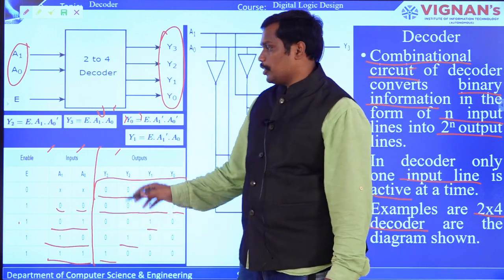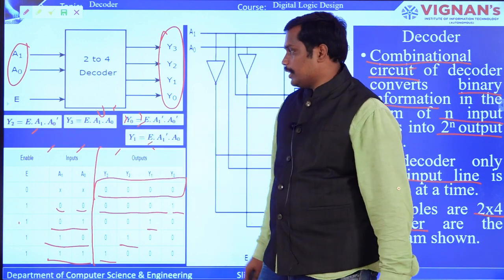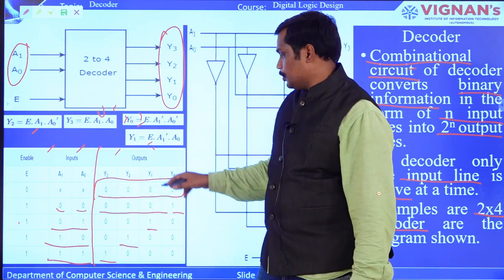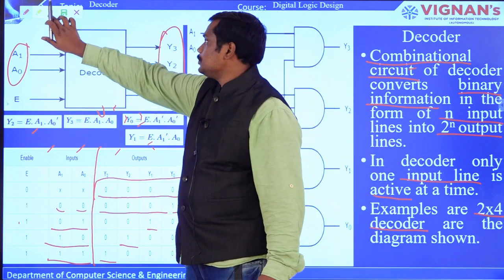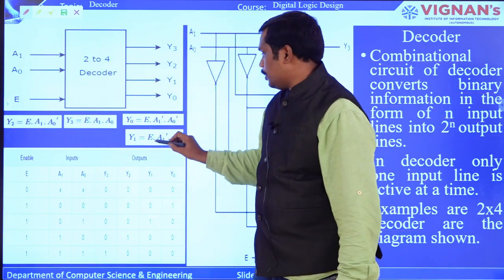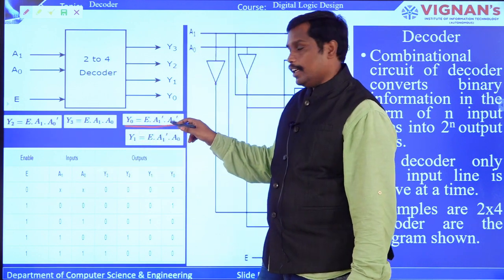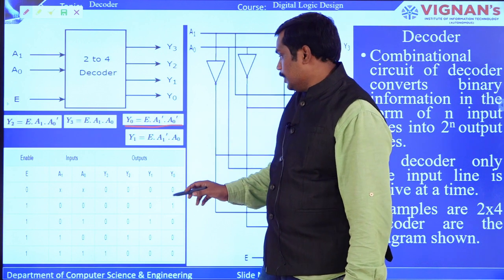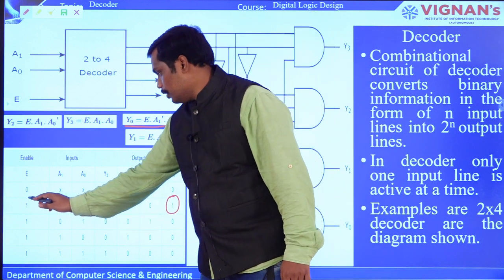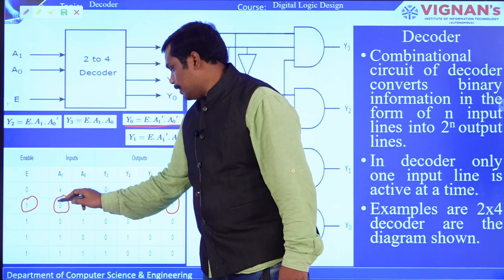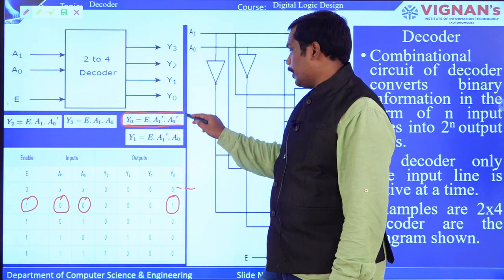Okay. So now based on this truth table, you have identified the Boolean functions that you have extracted from the truth table, that is Y0 to Y3. First we go with Y0. So Y0, whenever it is 1, you can see here Y0 is E, which is enable is 1, followed by A1 bar and A0 bar. So you can see that this particular Y0, whenever it is active, the corresponding enable pin as well as the A1, A0, which are the inputs, are in the complemented form. That is how you have extracted the Y0.